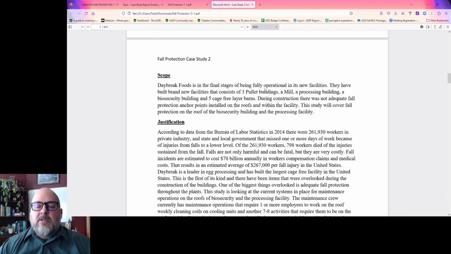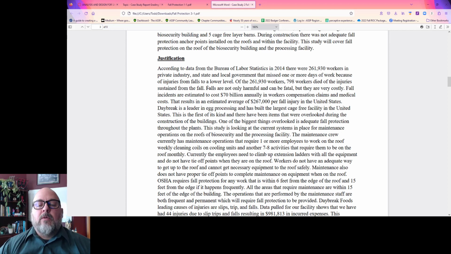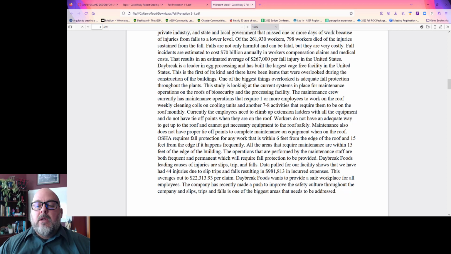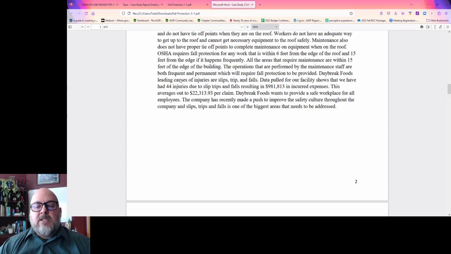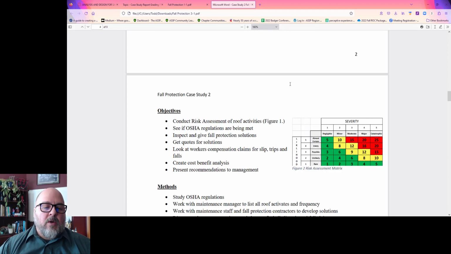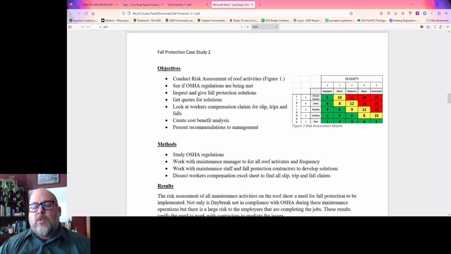Scope. So it kind of talks about what they are. So this is different than what he had in the executive summary. That's great. He's got a long justification, referring to external things, referring to internal things. It'd be nice if there was some figures instead of just words, but okay. Objectives. You wouldn't put that there. This could be more detailed.